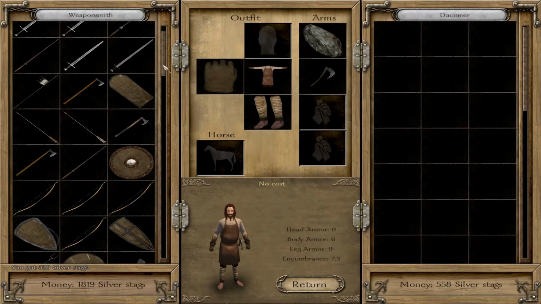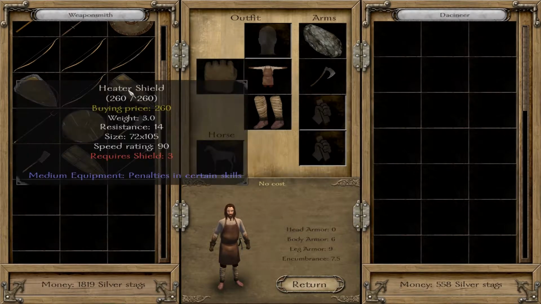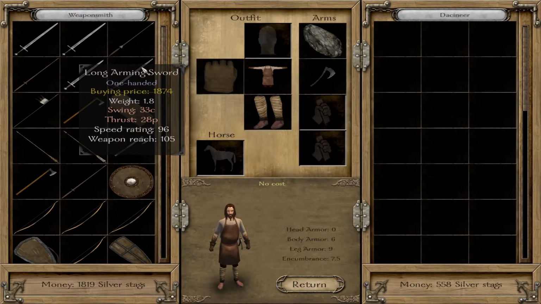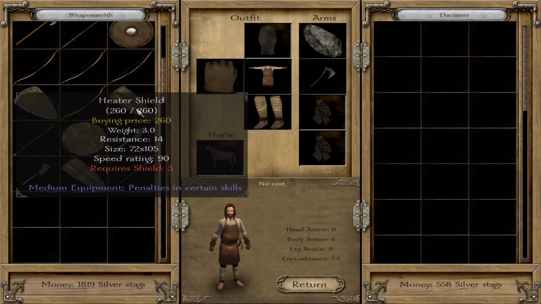Let's see what the arms merchant has. Weapon merchant. There is this battered heather shield. Small shield, heather shield is worth 260 silver stacks. We're probably going to buy that first, because a sword costs a lot of money for the beginning of the game, so we're going to buy this heather shield,